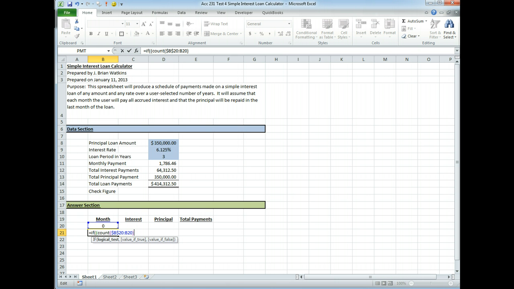So now I'm going to do a test. If my row number 1 is greater than my loan period in years times 12, okay, that means I'm outside the scope of the loan schedule that I'm creating, and I don't want to see any number. I only want to see 3 years worth of numbers. So if my count should get up to 37, let's see, 3 times 12 is 36, if it gets to 37, then if that's true, I want to see